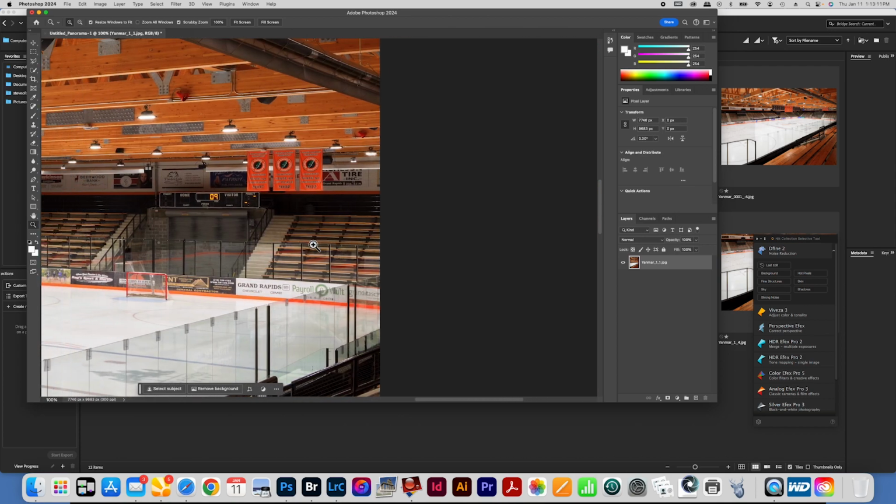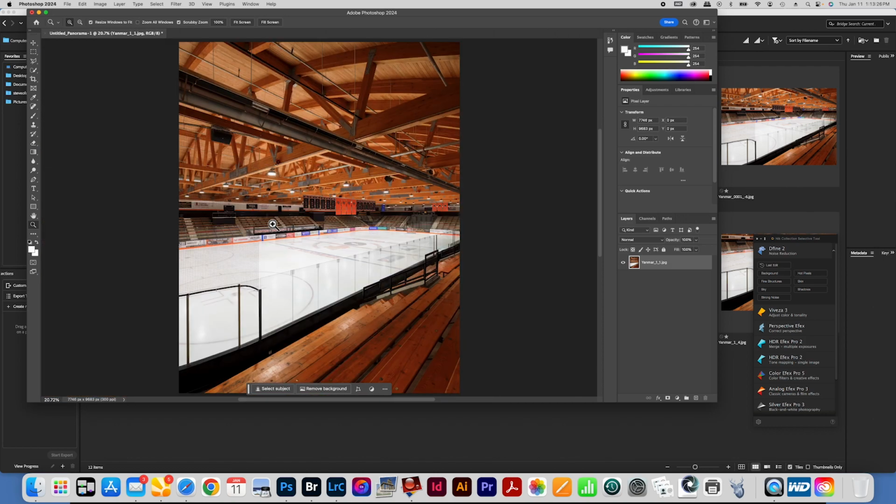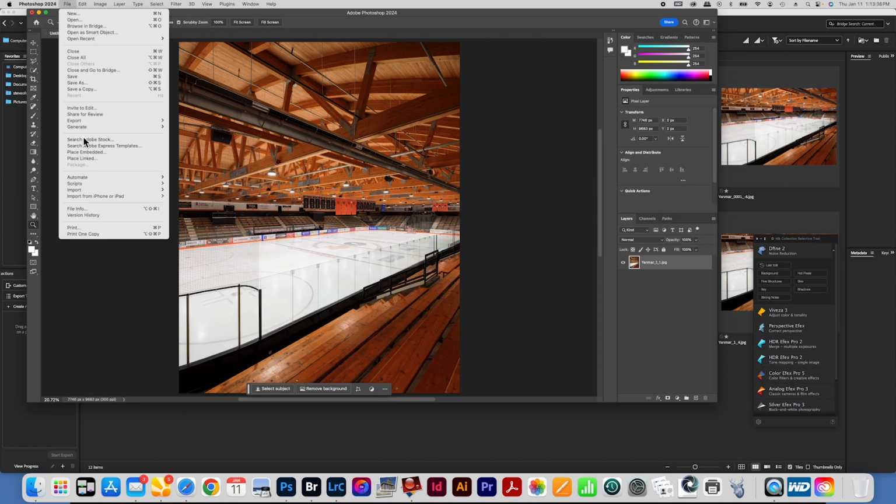But with this many images shot at ISO 400, we might need to do some noise reduction. So we'll address that. Also, I noticed the scoreboard has some issues there. I don't think we want those numbers on there, so we're going to take those out too. Before we do any of that, we're going to go into On1 Effects,